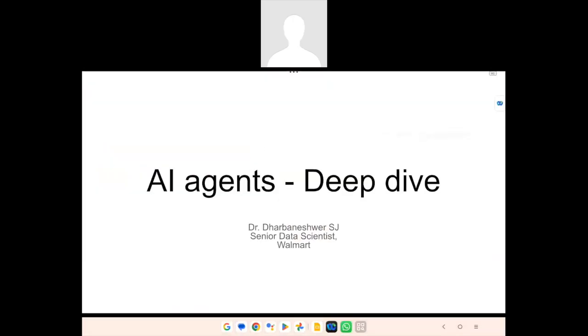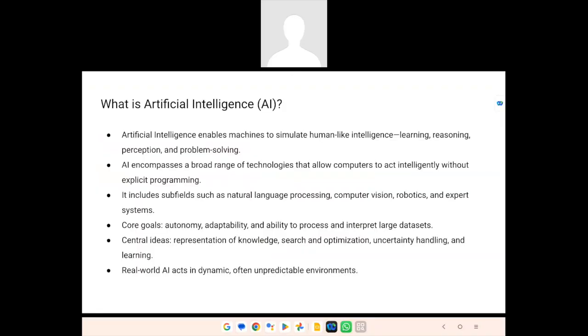So this session is going to be about how we are using AI agents from the industry standpoint. That is, starting from prompt engineering to RAG, what technologies are currently being used, and how we can do research from an academic standpoint as well as how we can use it from the industry standpoint. Okay, so I will give a very brief overview, starting from AI, then slowly getting into Gen AI, and then ChatGPT, and then finally RAG, and also AI agents.